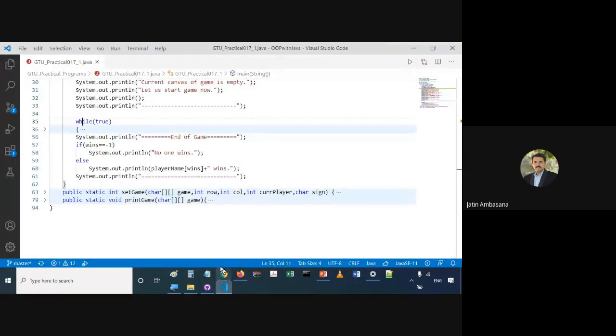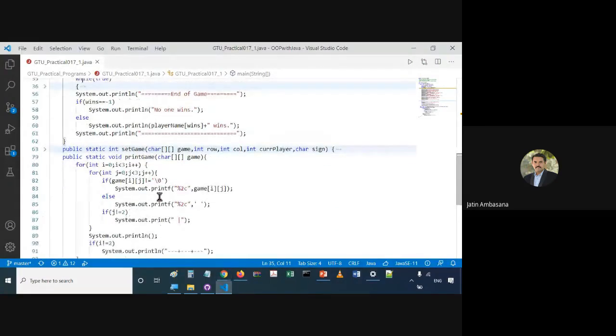Print game method. Okay, print game method, Siraj, it's very, very easy. See, if it's a matrix, it's a very simple thing. If it's a 3 by 3 matrix, what happens is you start your index from 0 and you go up to 2. So this is 0, this is 1, and this is 2. Now see, row number starts from 0, 1 and 2. Column number also starts from 0, 1 and 2.